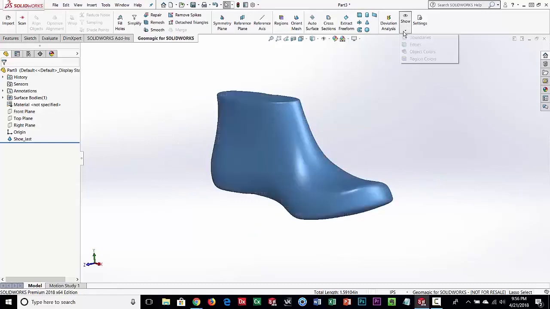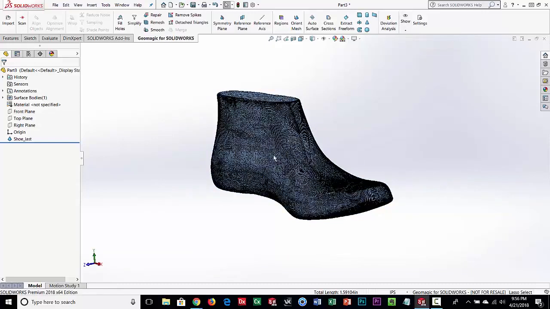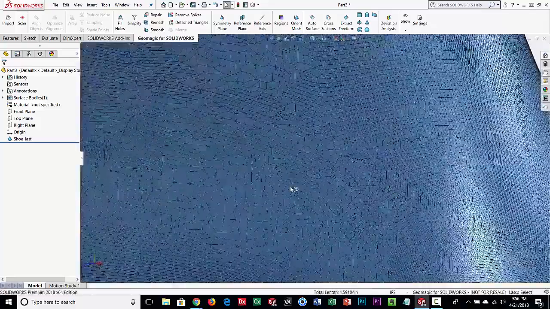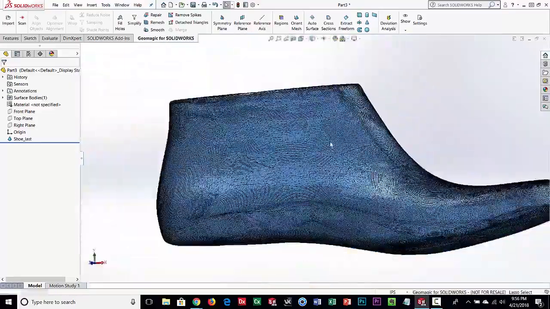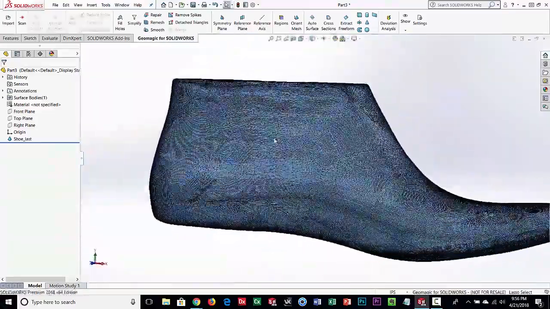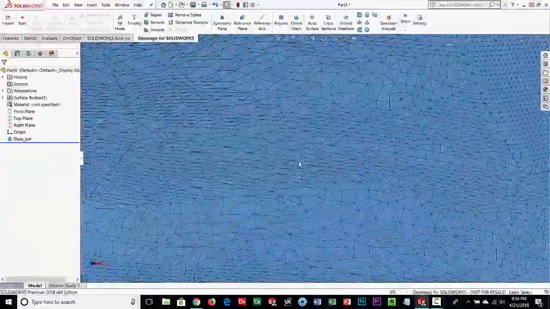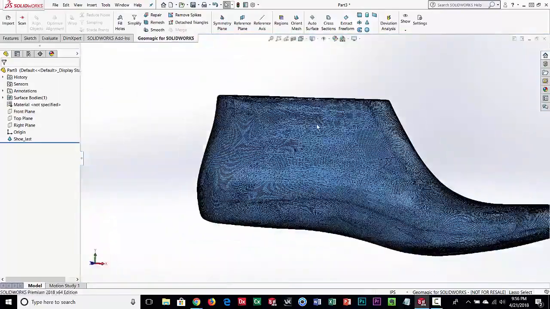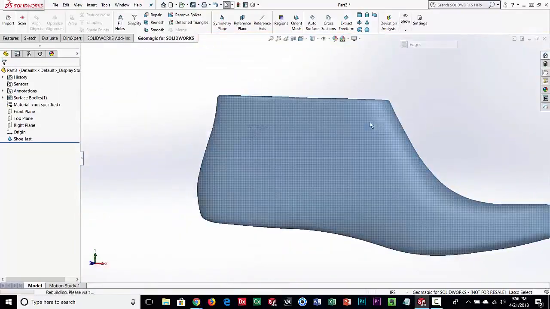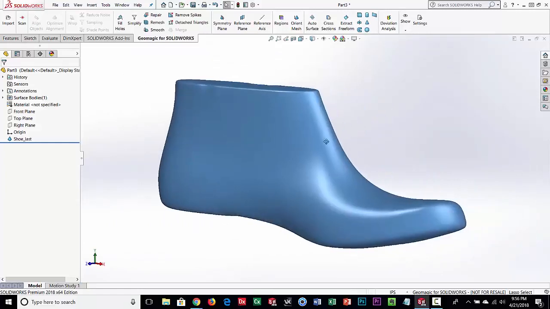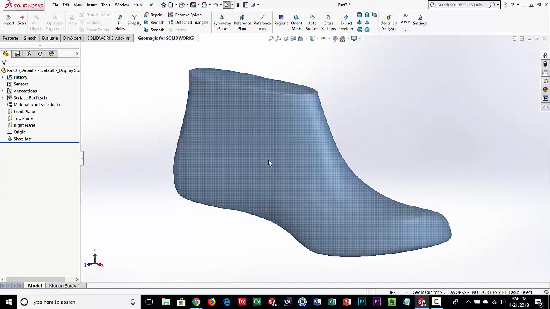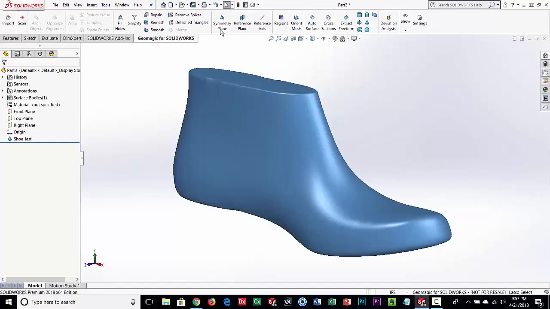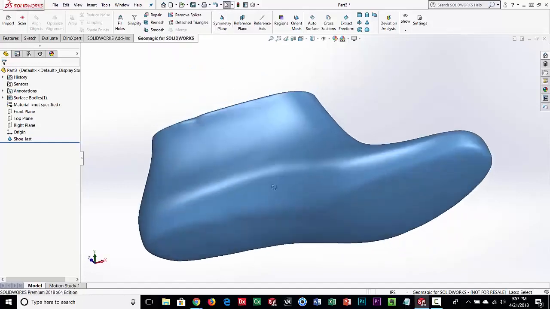Now, scan data is really just what we call polygon data. So I'm going to turn the edges on and zoom in, and you can see it's just triangles. Depending on the scanner, or what density you're running at, you'll see more or less. But it's a very dumb model. There's no intelligence to this, and normally when you load this into SolidWorks, you can't do anything with it. You can't cut sections through it. You can't measure it. You really can't do anything with it. With the GeoMagick plugin, it allows us to do a lot with it.